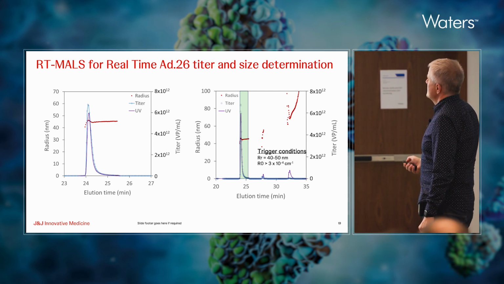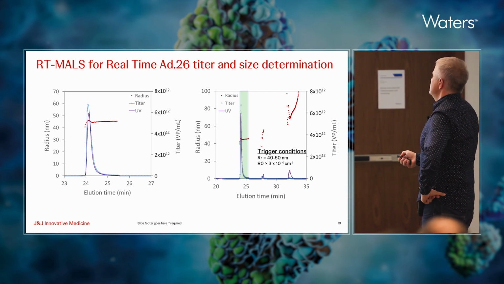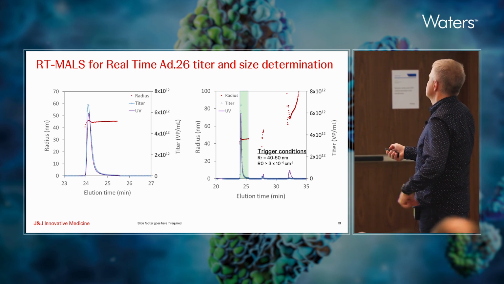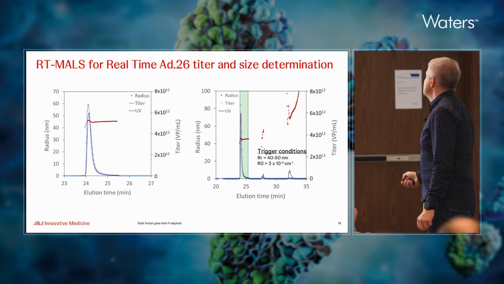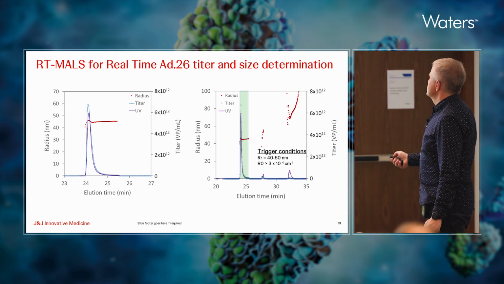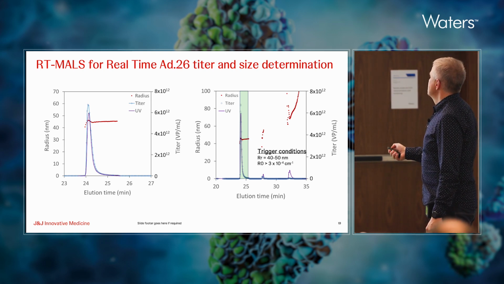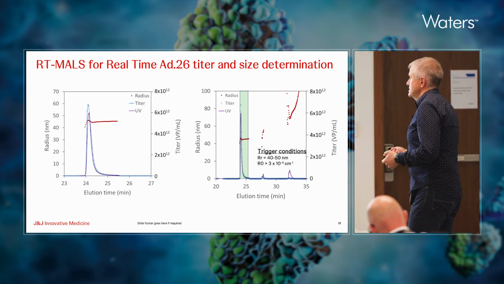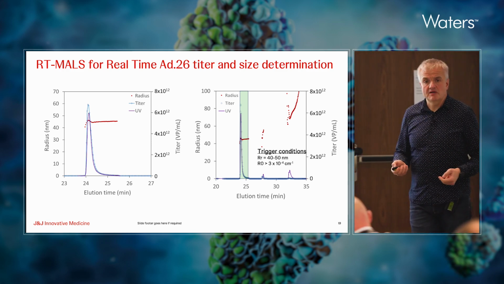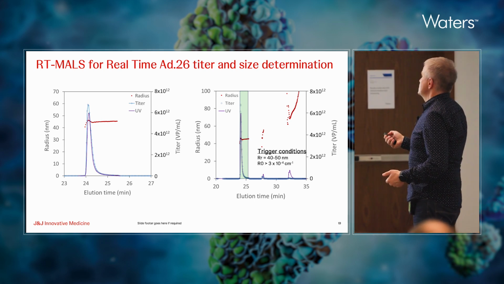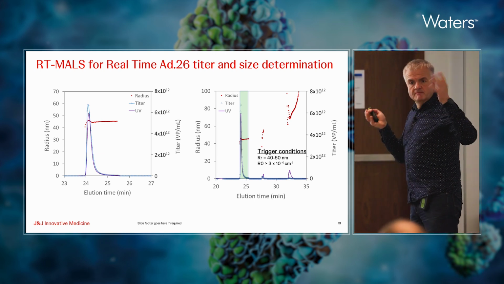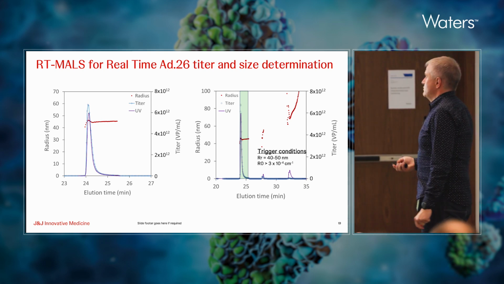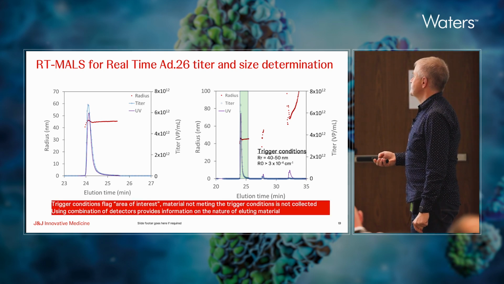So this is the part that has been collected here, between, I don't know exactly what the times were, like 24. It's actually quite a narrow band. You see that we have signals also in a couple of other places, but in these cases the collection trigger was not activated because one of these two criteria was not met. Either the measured size was in totally crazy territory, or the intensity of the signal was quite low.